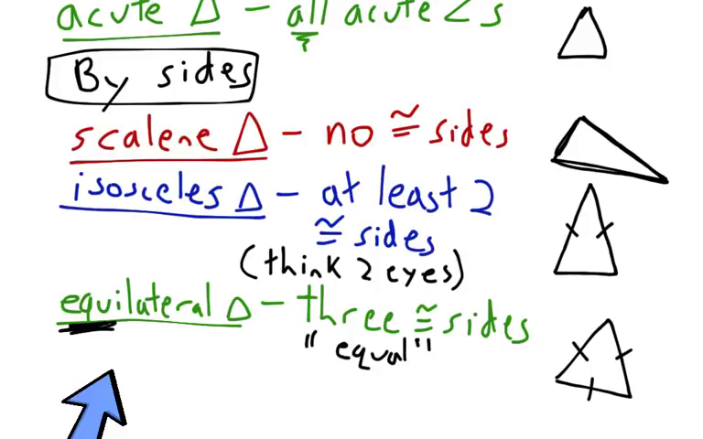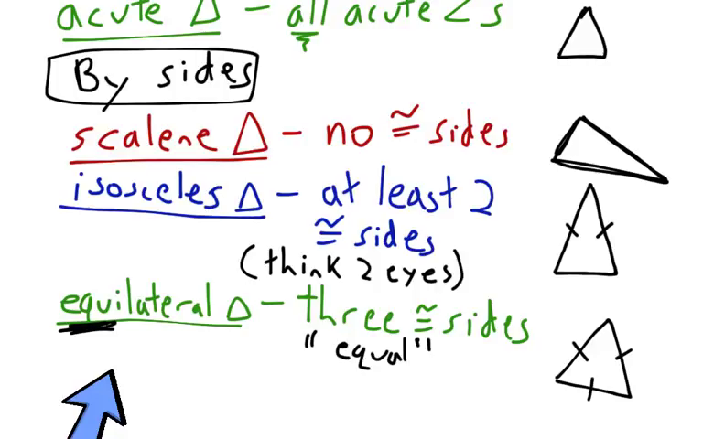Alright, so every triangle we can name by both their sides and by their angles. So they get two names, just like you get a first name and a last name. Some of you have middle names. Alright, pause the video if you haven't finished copying that, because we're going to move on to